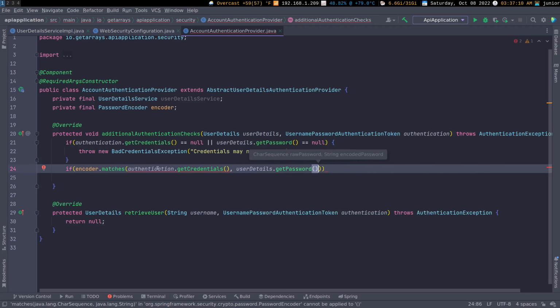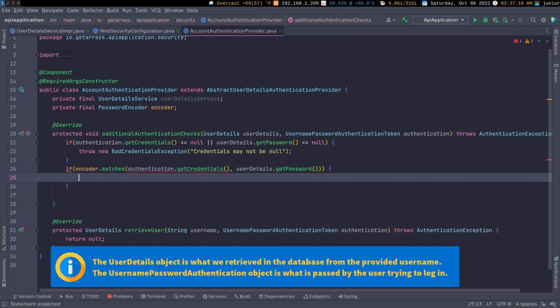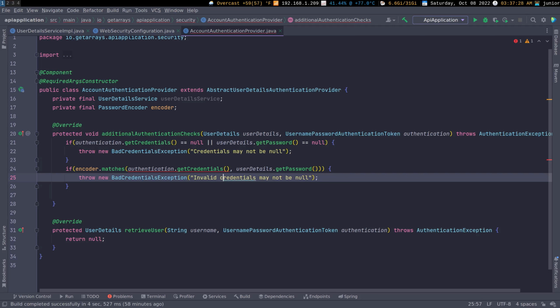Okay, so we're going to compare the authentication and the user details password to make sure they're the same. If they are not the same, then we're going to do the same thing again, which I'm not going to type. Okay, and in here we're going to say something like invalid credentials,